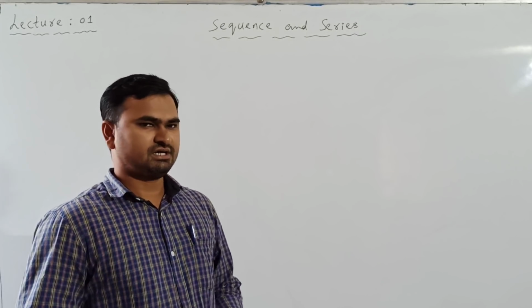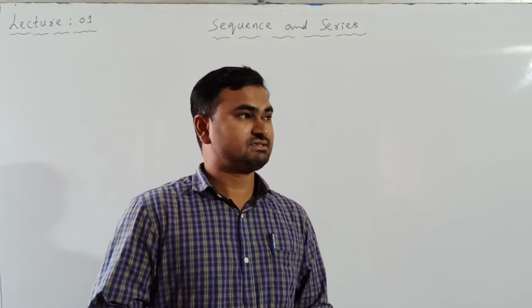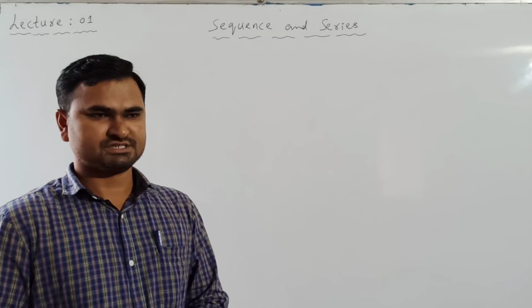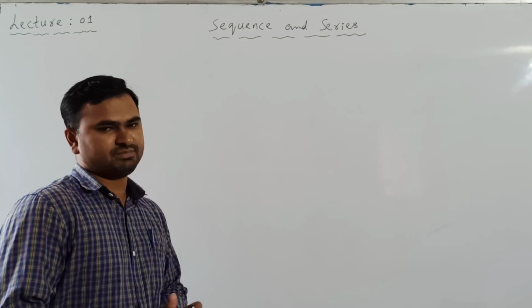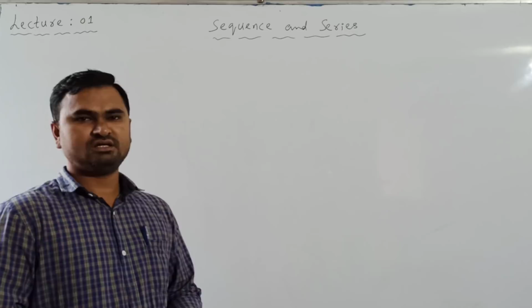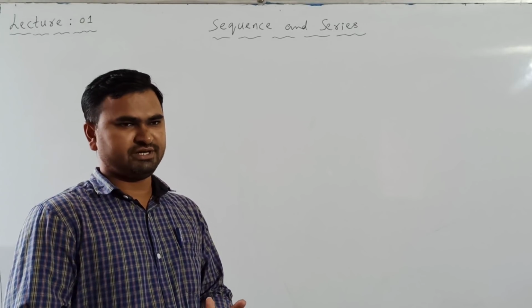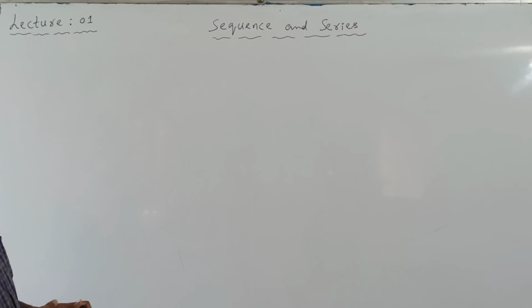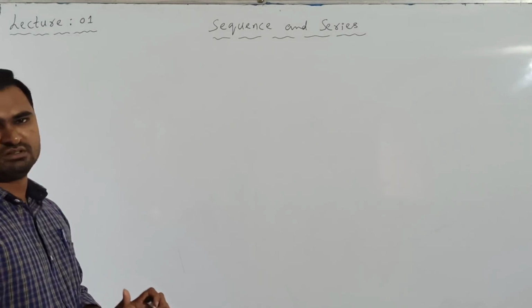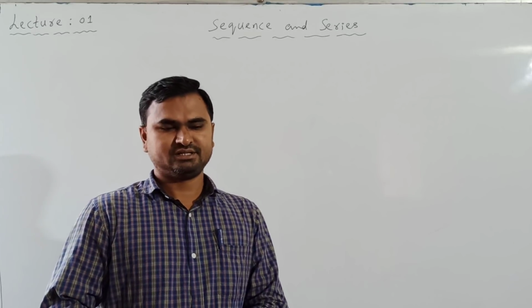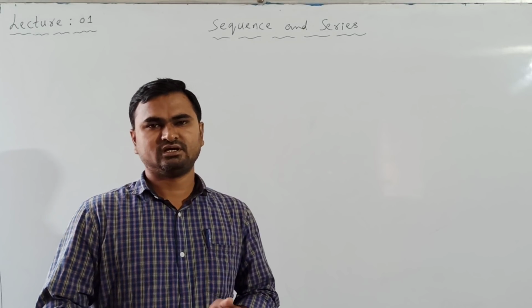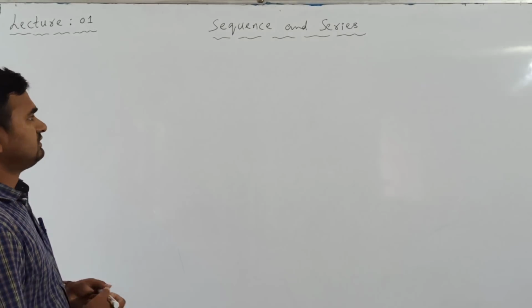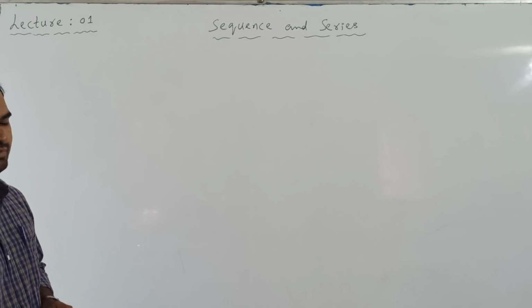So today we are going to start a new chapter, that is sequence and series. Also we call it as progressions. Now in this chapter, in case of CET, we expect one question, and also in mains there will be one question from this chapter. In this chapter we will be studying basically three types of progressions, that is arithmetic progression, geometric progression, and harmonic progression. So first we will go through arithmetic progression.